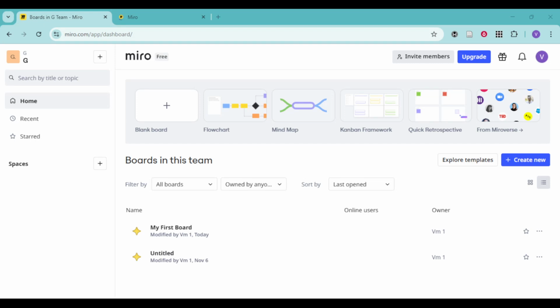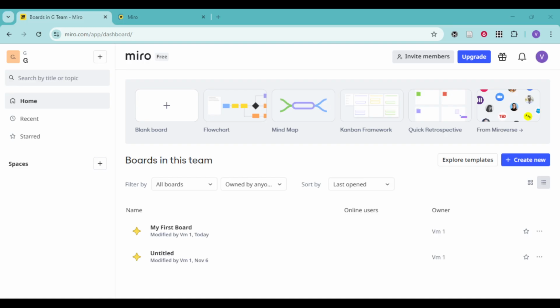In today's video, I'm going to teach you how to add an image in Miro. Whether you're building a mood board, explaining a concept, or enriching a presentation, images can make your board clearer and more engaging. I'll walk you through the process from start to finish so you can add, position, and adjust images